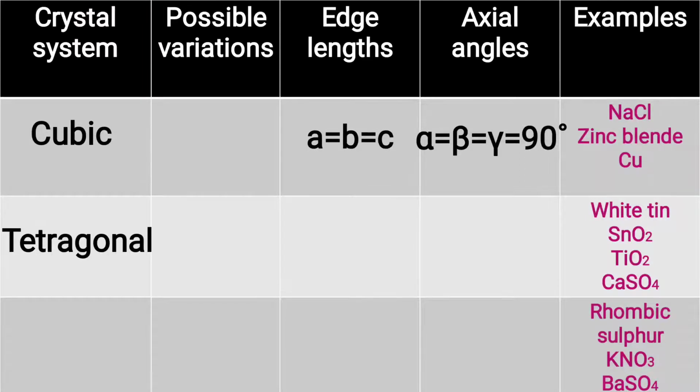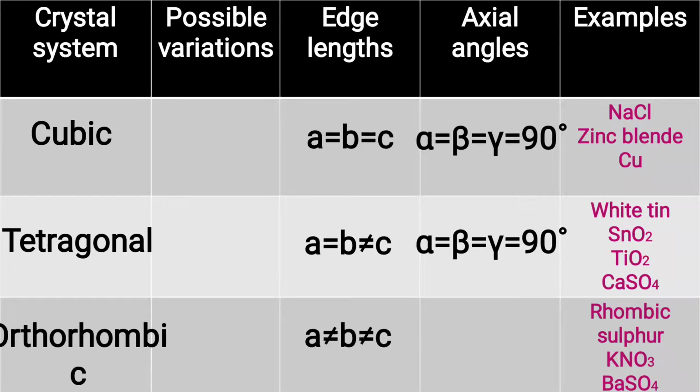Let's have a look at the tetragonal crystal system now. a is equal to b but not equal to c. Alpha, beta and gamma are equal to 90 degrees. And then we have orthorhombic, where all the 3 edges are unequal and alpha, beta, gamma are equal to 90 degrees. So in cubic, tetragonal and orthorhombic crystal systems, you can clearly see all the angles are equal to 90 degrees, right? And when you have a look at the lengths, a, b, c are equal in the first case. a is equal to b, not equal to c.